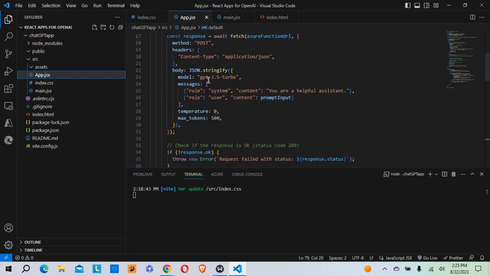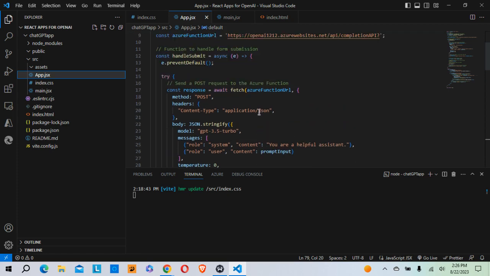And it sends this body request. And in this case, we're specifying that the model is GPT-3.5 Turbo. And messages, as you can see here, I'm dynamically putting in prompt input. So when you're clicking the button, it's firing this function called